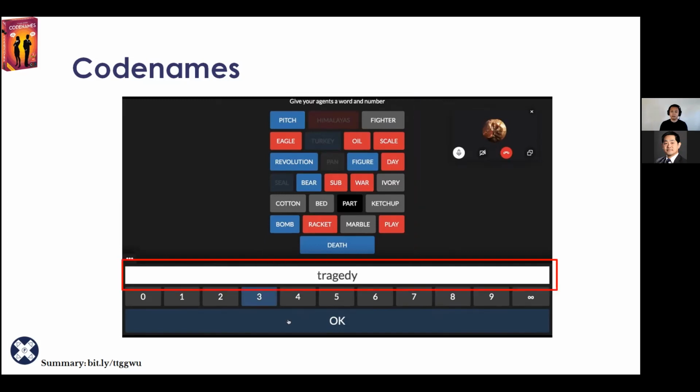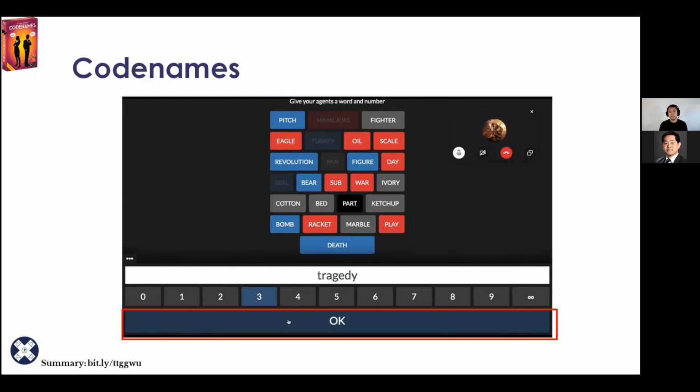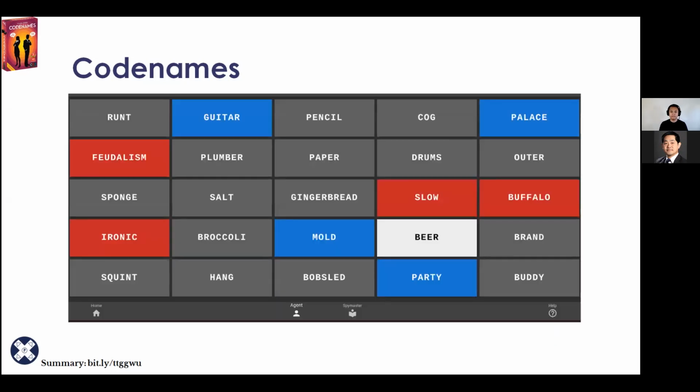When you type in your clue, you're going to write your single word down here in this text box. And then you're also going to select the number of cards that clue relates to down here. After you've submitted your clue, all you have to do is hit OK, and it goes over to your teammates, your field operatives, and then they will have a chance to guess that card. This is one of the hands down easiest games to play in a Zoom environment if you happen to be teaching over Zoom. And on the flip side, this is what the field operatives will see on their side.